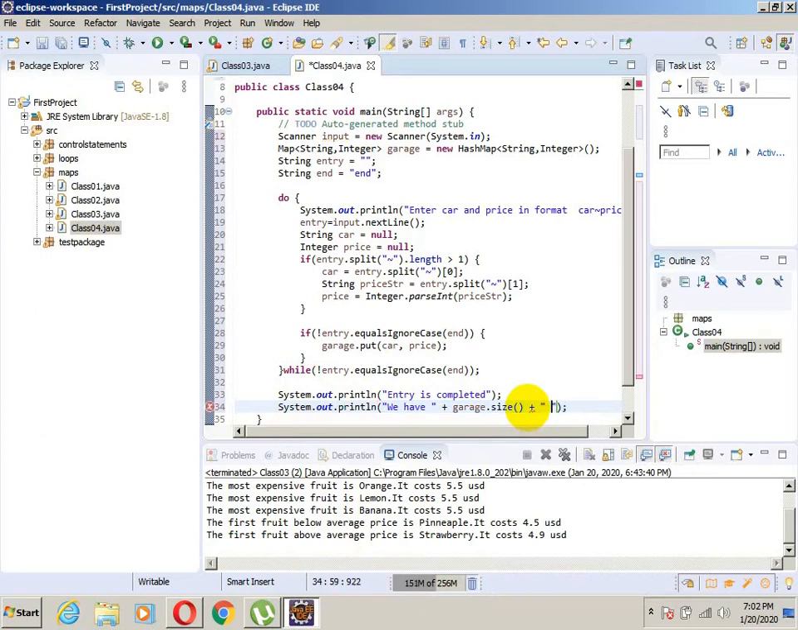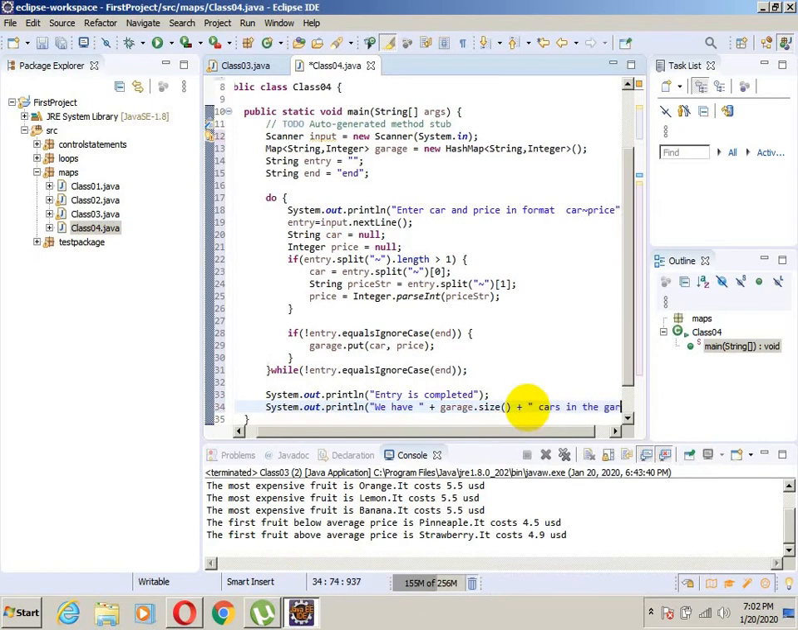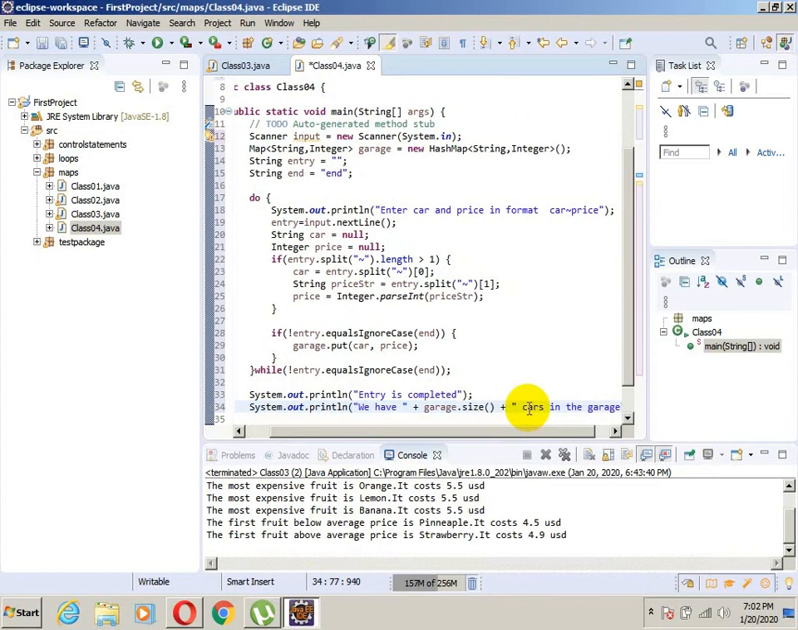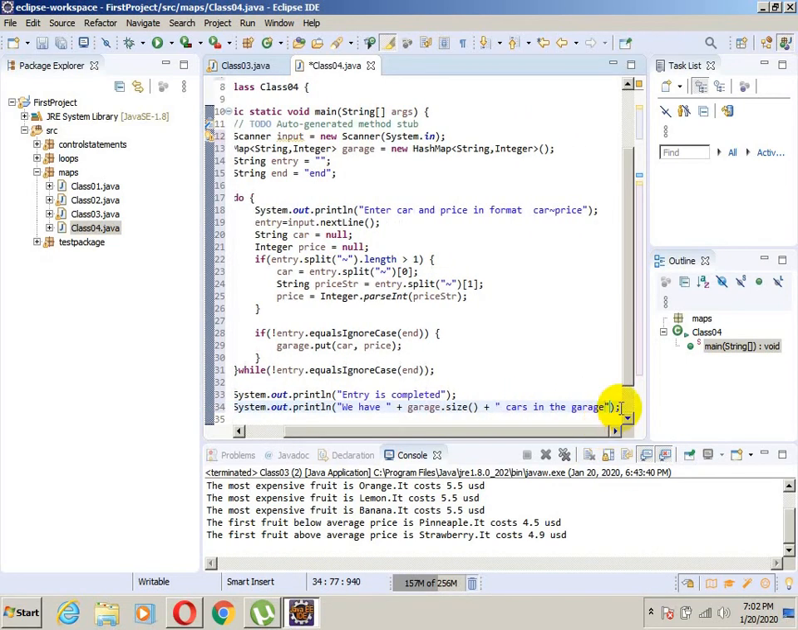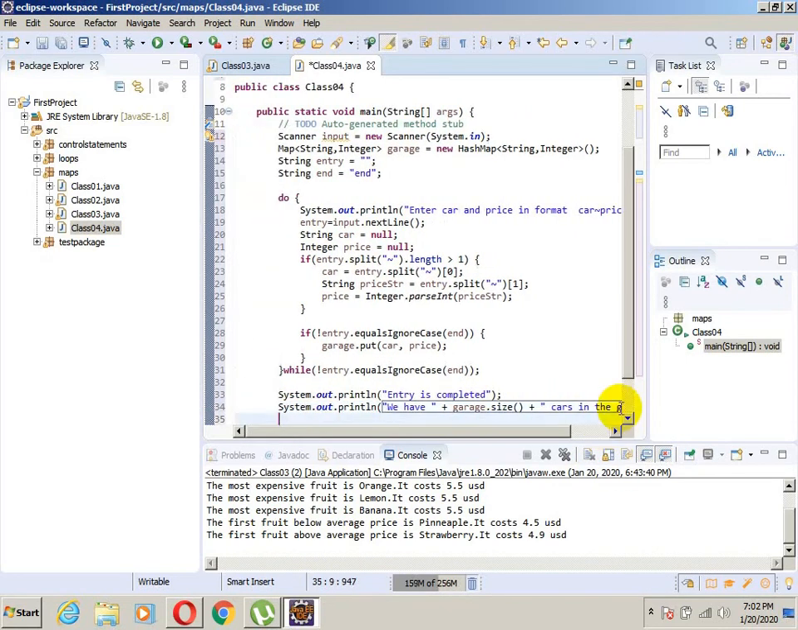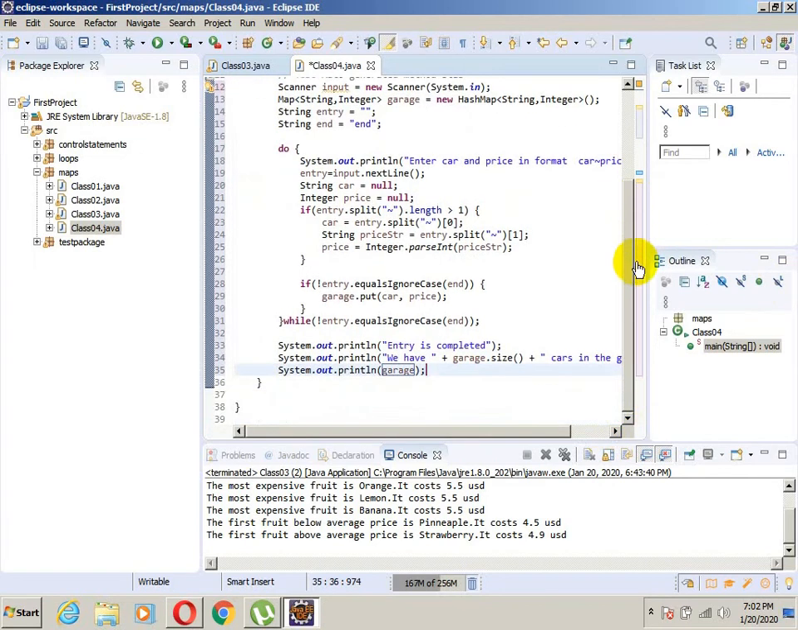Plus cars in the garage. And we will print that cars. Okay, System.out.println, we will print garage. Okay, it should be enough. Now what we want to do, we will put some cars, 1, 2, 5, 10, doesn't